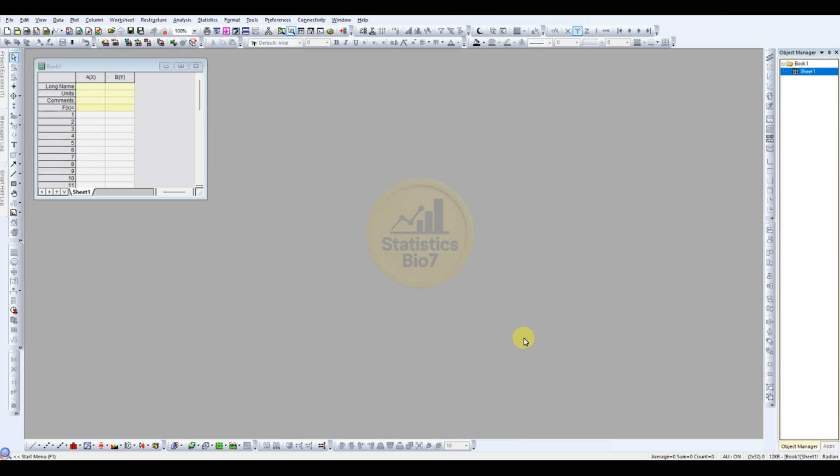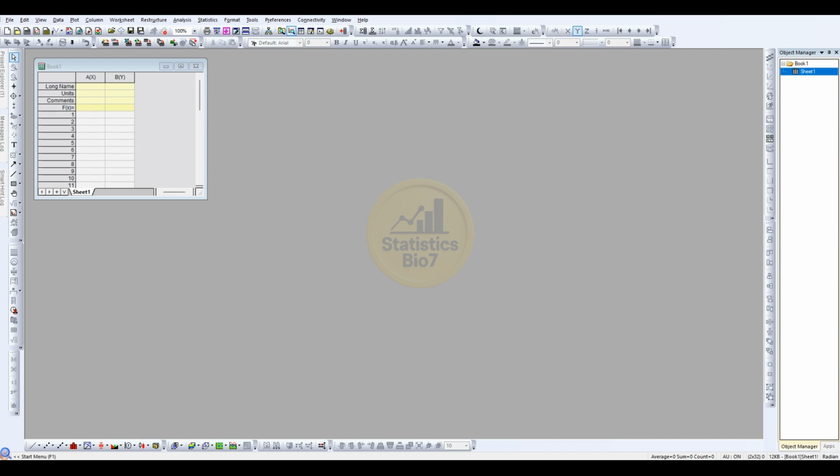Your project may contain workbook 1 for the raw data, workbook 2 for processed data, graph 1 for the growth curve, graph 2 for the box plot, and report 1 for the statistical results. So all those components are stored inside a